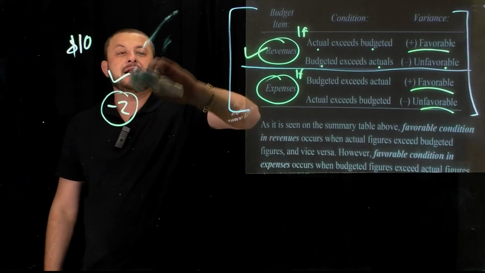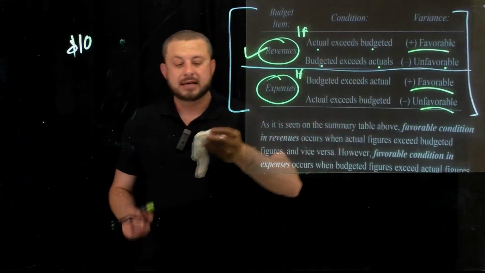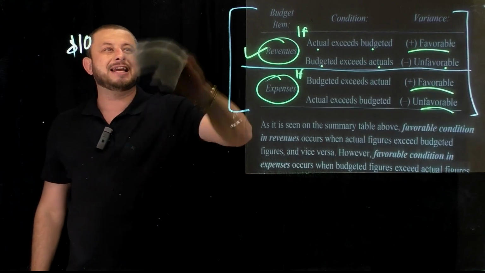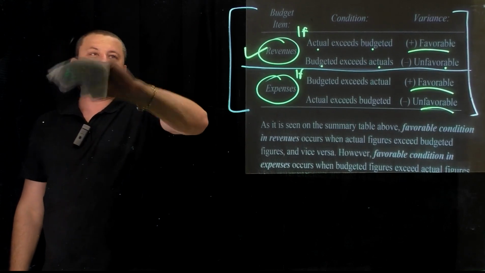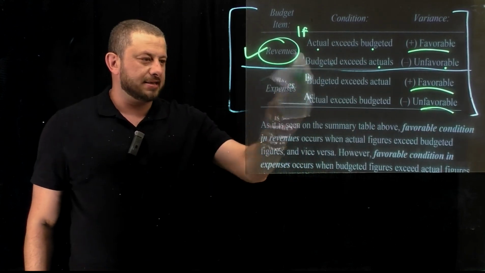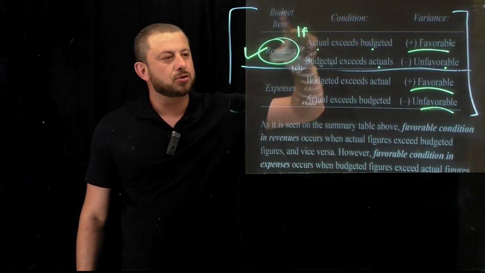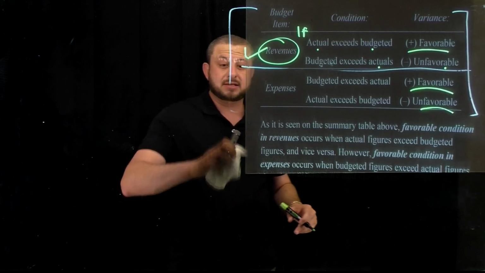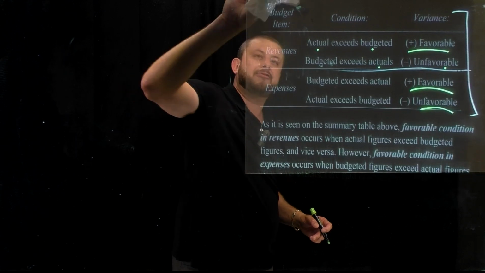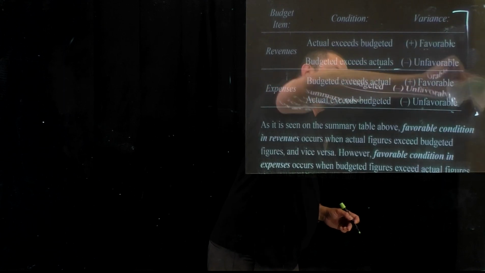So when you are self-studying by yourself, guys, please make sure you understand the entire table, because it is your Bible to determine the variances, to come up with a financially healthy judgment in the operation. Okay, guys? Please make sure you understand this, because in the in-class exercise right now, we are going to be incorporating all these conditions, all these rules of thumb, and then we are going to interpret the results to see if you're on the favorable side or the unfavorable side. Please keep that in mind.